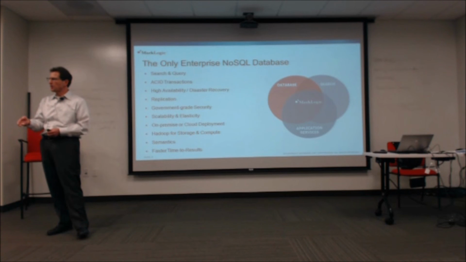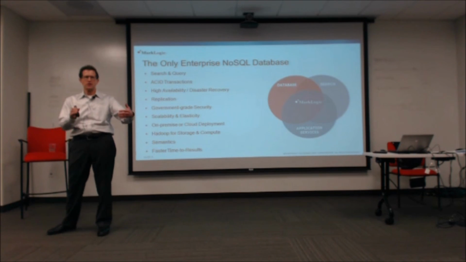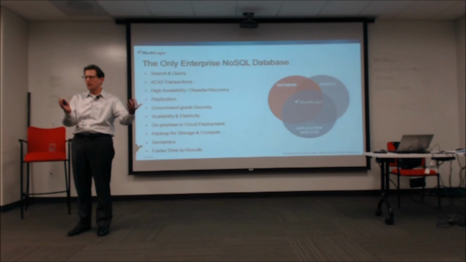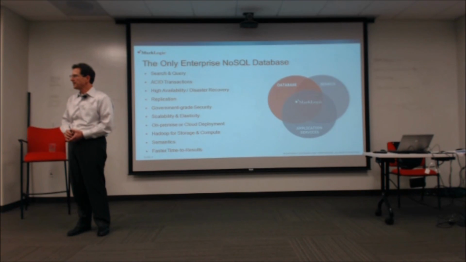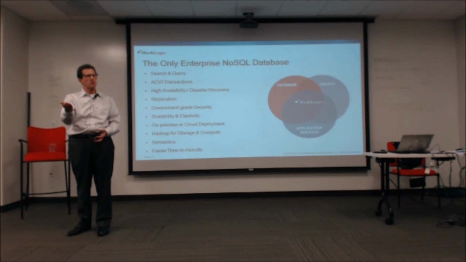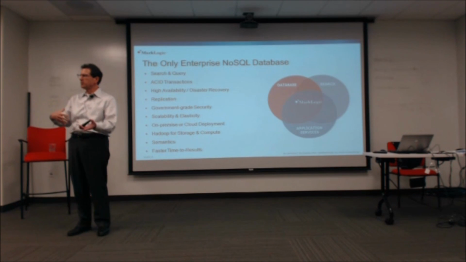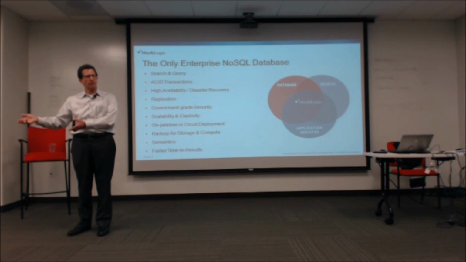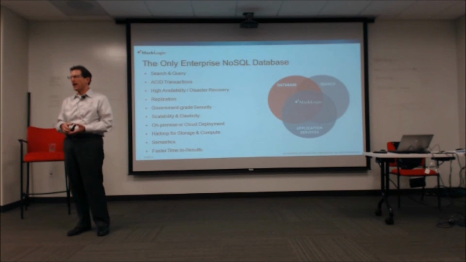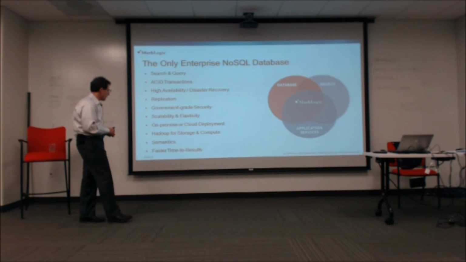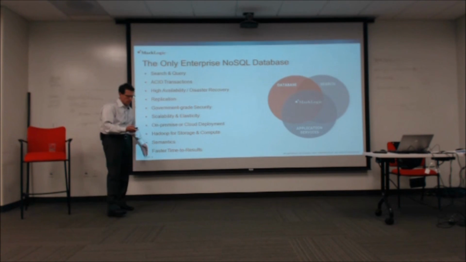So in a MarkLogic world, if I'm using semantics, I can know that IBM and Big Blue are one and the same. So if in my search I say, give me everything for Big Blue, the database will be smart enough to know to give you everything for IBM. So imagine the power of search if all of a sudden you can complement search with external facts that are known in the world. Just increases the relevancy factor, the kinds of information you can bring back. And the faster time to results really comes from